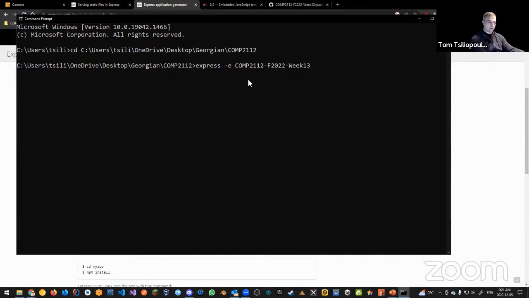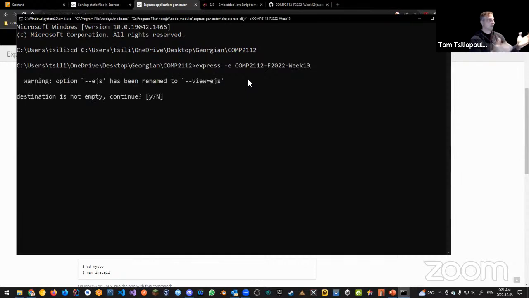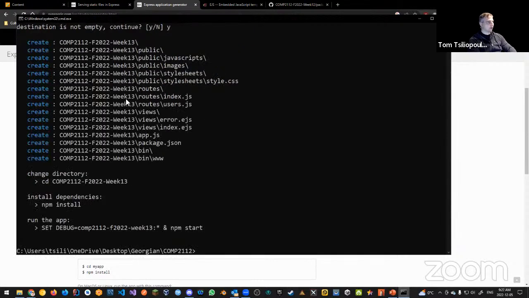Because what we're doing is destructive. It says warning, it's been renamed to --view=ejs. Destination is not empty. Do you want to continue? And if I say yes, it's going to construct all of the structure that we want inside of my application.